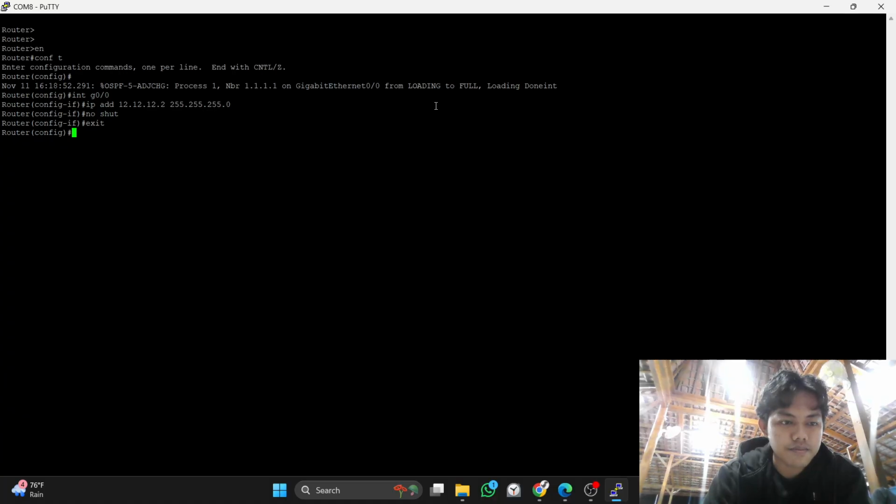And then no shutdown. Okay, exit. Next for the loopback address. Oh no, before loopback we will go to the G0/1. That's the interface going to router PE2.